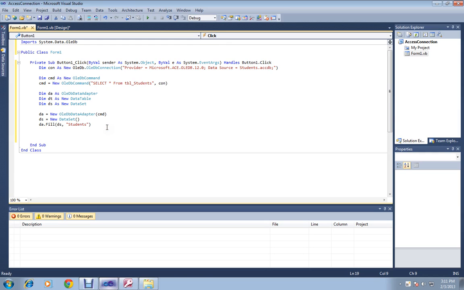And now, let's open the connection. Just type con.Open. And now we will put it into our DataGridView.